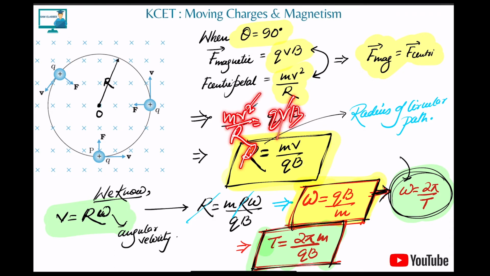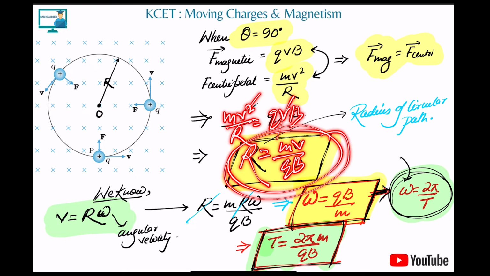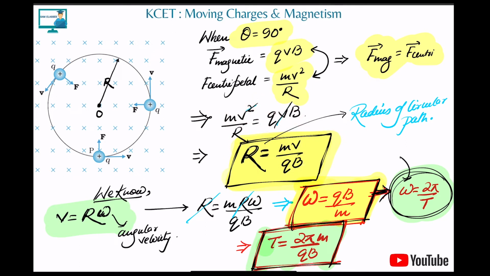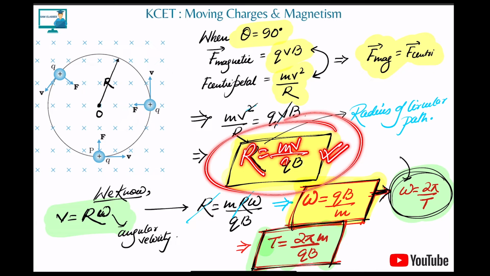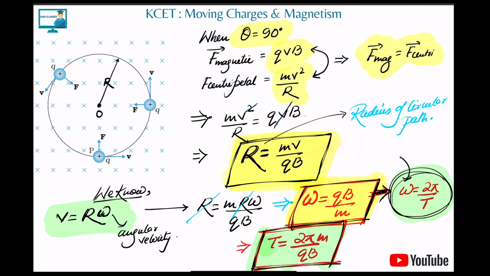Correct. So what we got? Radius r is equal to mv by qB. Now these formulas are very, very important, and we'll have a lot of questions straight from these formulas. So write it down very properly. This radius r of the circular path we can easily find using this formula, r is equal to mv by qB. You can mug it up, you already know how to derive it, but in the exam we'll have very little time, so make sure the formulas are on your fingertips. In the exam the target is like 3 seconds, the best 10 seconds, the next 30 seconds, max 1 minute. So we'll try going by this method.